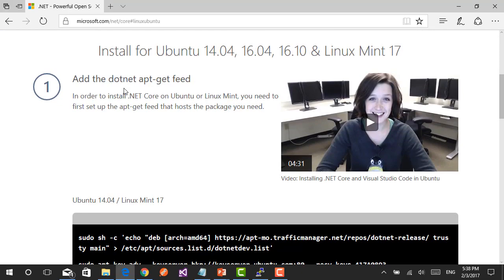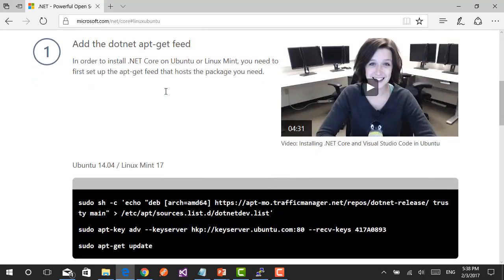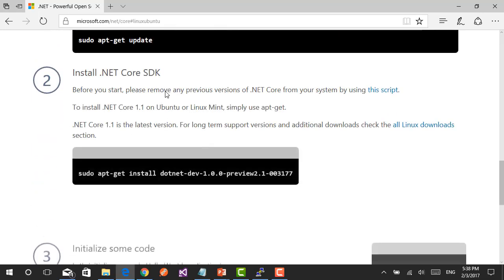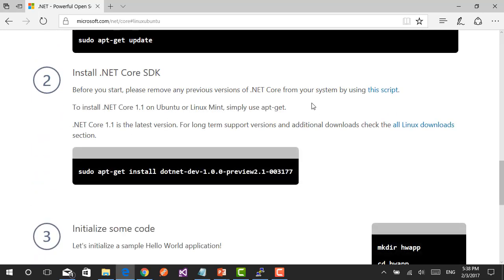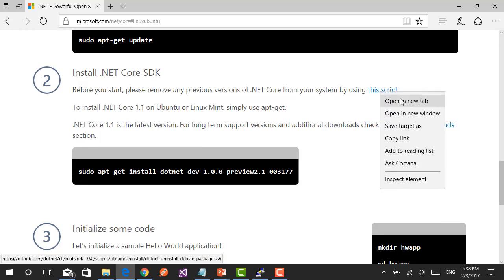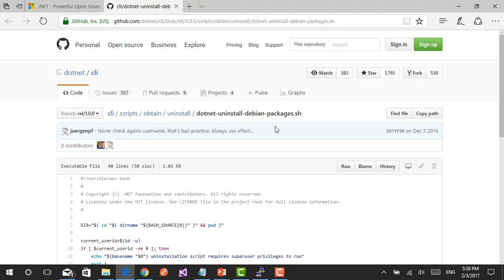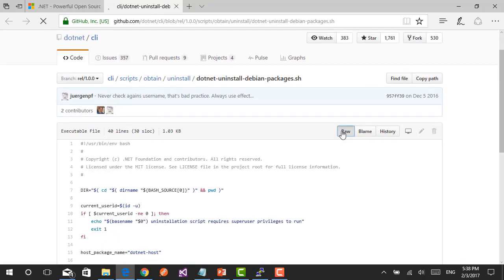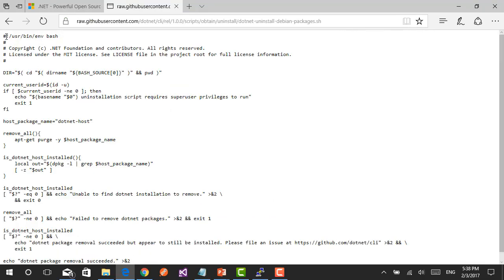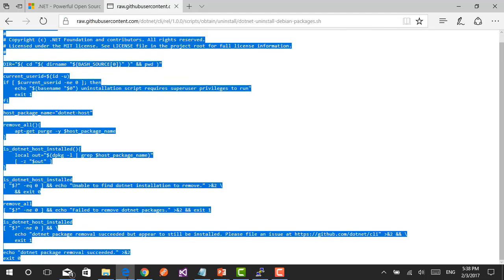So we need to set up certain things first. One is the .NET apt-get feed. I'm going to come back to that. But before that, I'm going to remove the previous version of .NET that's there on my droplet. For that, we will need to make use of this script that's provided by Microsoft. So if you see here, I'm going to go to the script, go to raw, and copy everything that I see here,